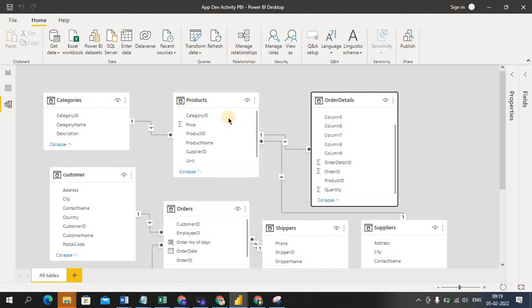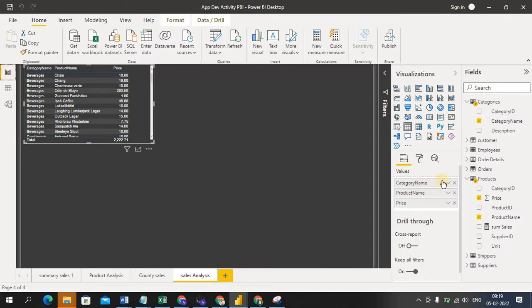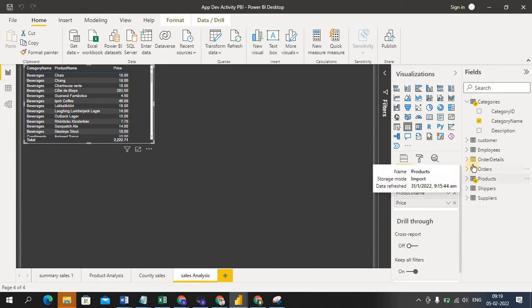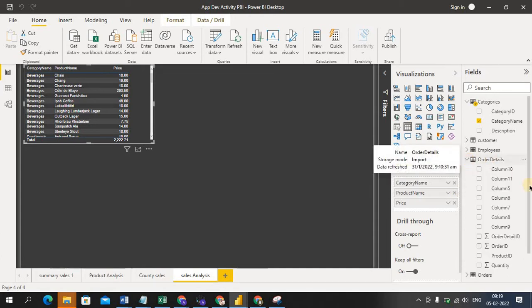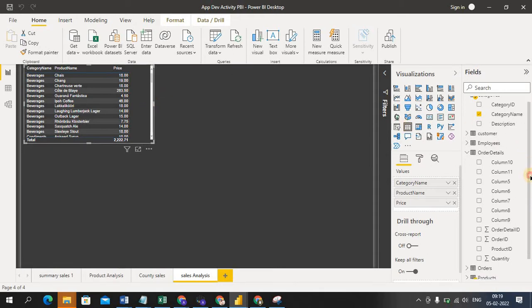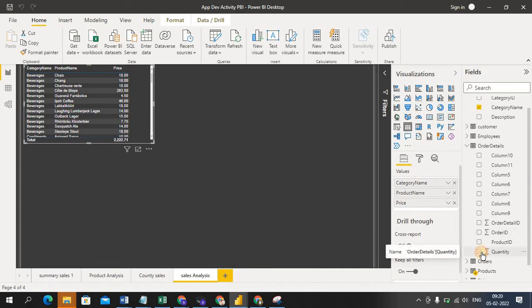Okay, so this product table is joining with this order details, so that I can get the information from the order details, right? So from this order details what can I get? Quantity. Okay, the quantity column I can get from this order details. And go to the front end, so I'm adding from order details. Okay, this is order details, right? So the quantity column I'll bring into this chart. Okay, so quantity, I just click.